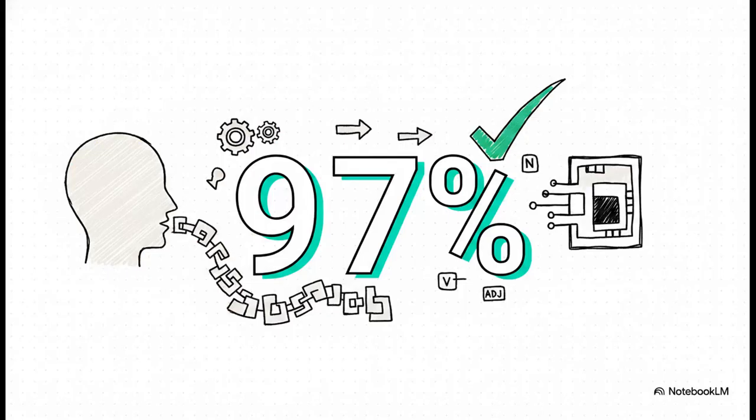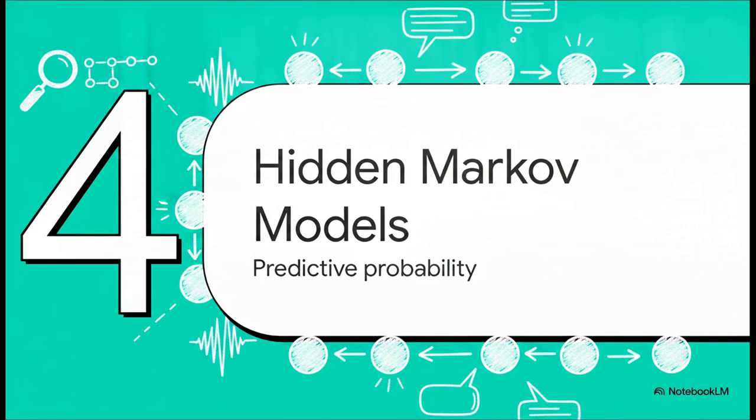And astoundingly, using these sequence structures, modern statistical models can actually hit a 97% accuracy ceiling in part-of-speech tagging. That effectively matches human performance. Just let that sink in for a second. Machines are practically as good as human experts at identifying the grammatical roles of words in a text. Crazy, right?